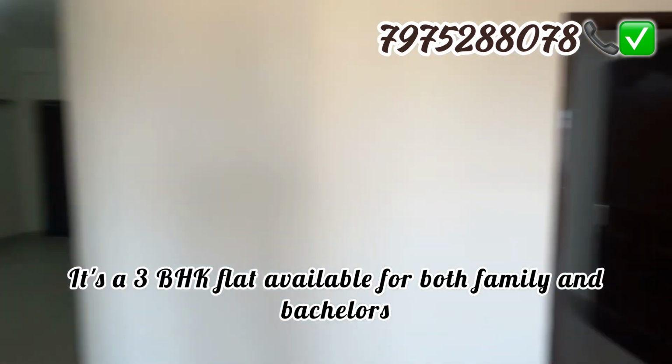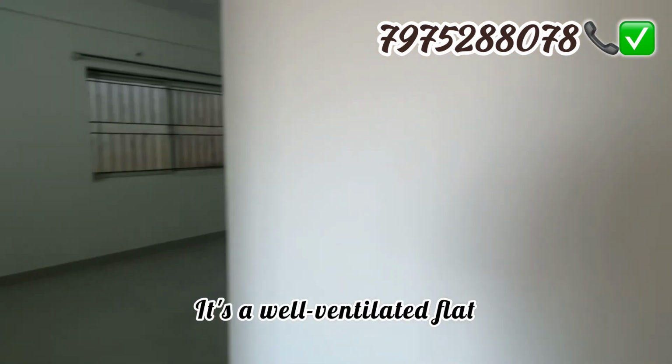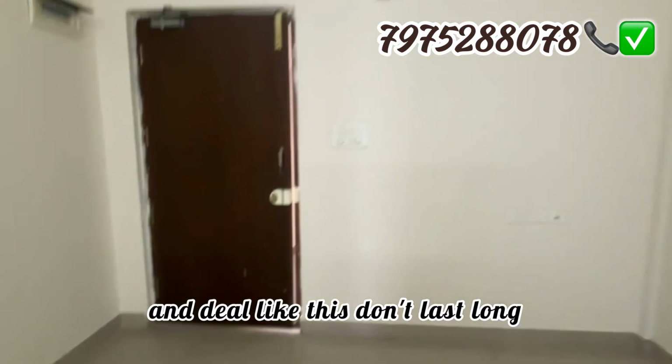It's a 3 BHK flat available for both family and bachelors. It's a well ventilated flat. And trust me, this is a super budget friendly flat and a deal like this doesn't last long. You won't find another like this. So hurry up